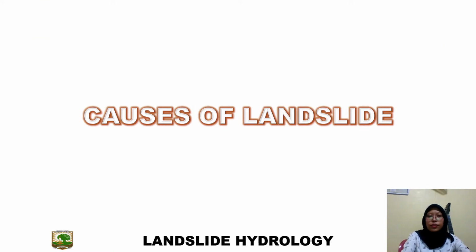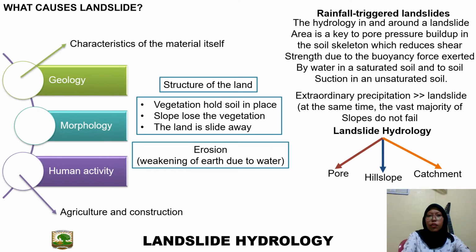Next are the causes of landslide. So what are the causes of landslide? There are three major causes of landslide. They are geology, morphology, and human activity. Geology refers to the characteristics of the material itself, and human activity refers to agriculture and